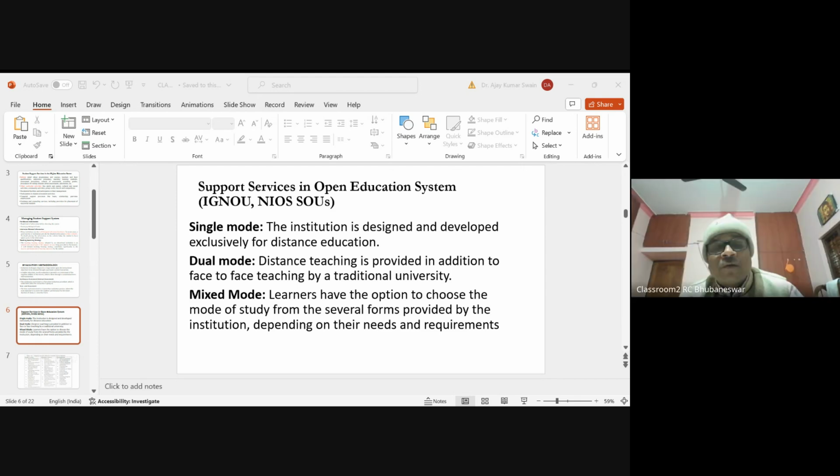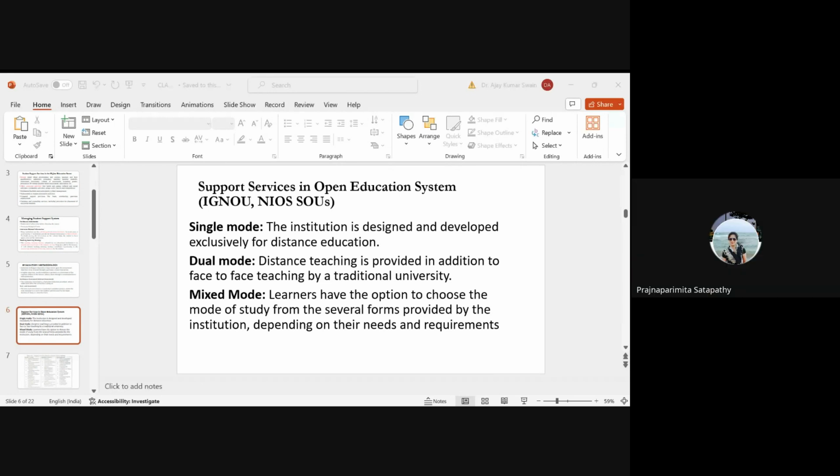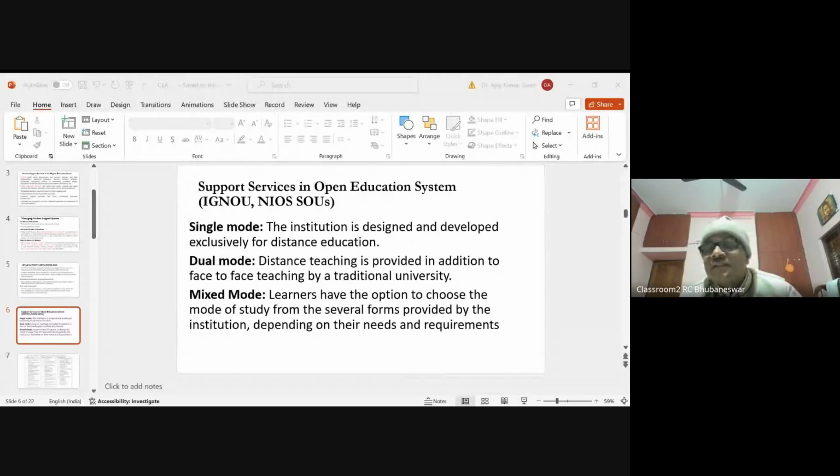But if you think about Utkal University, there is face-to-face teaching as well as distance education. Yes or no? That is dual mode. Mixed mode,